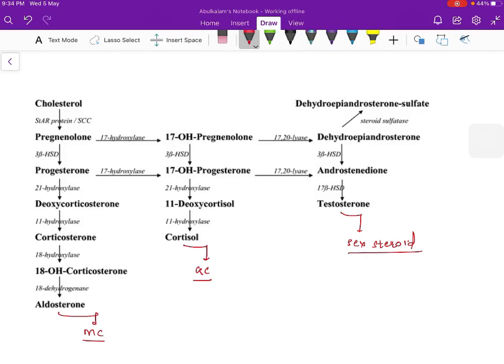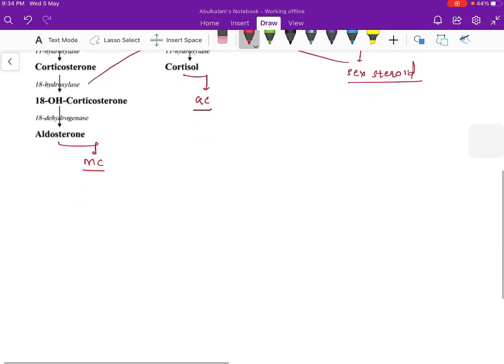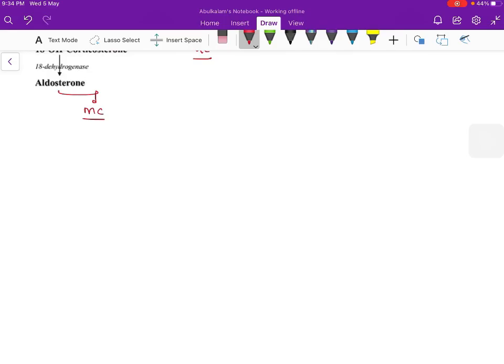So this is a flowchart of the cholesterol metabolism. First of all, what we have to remember is the StAR protein. The StAR protein is the one which is responsible for transport of cholesterol into the adrenals. The rest of the diagram, no need to remember. Now, there's one method in which you can remember the flowchart in a minimalistic way, and you can also remember the consequences of various enzyme deficiencies, right?